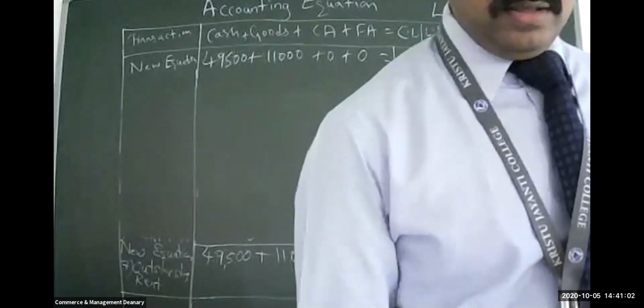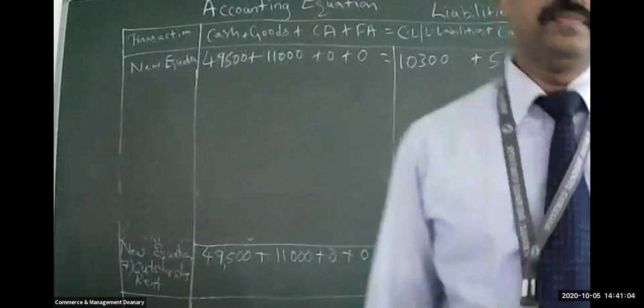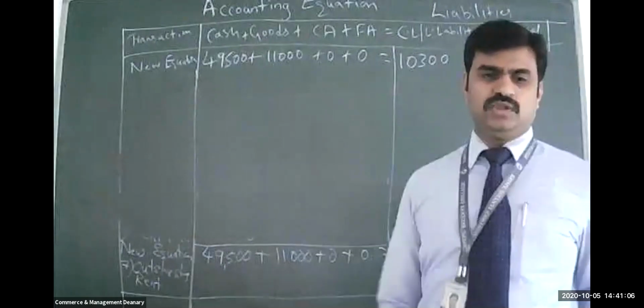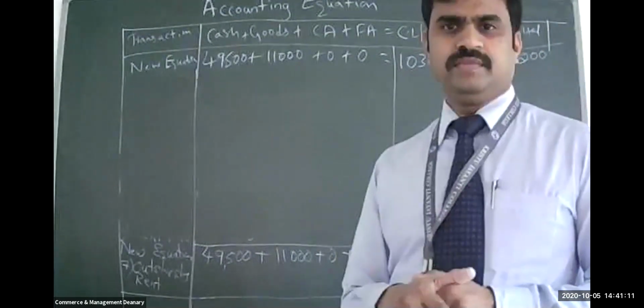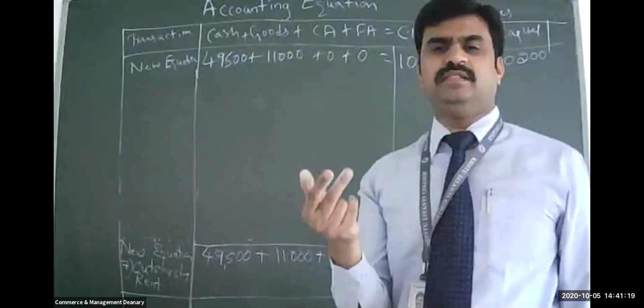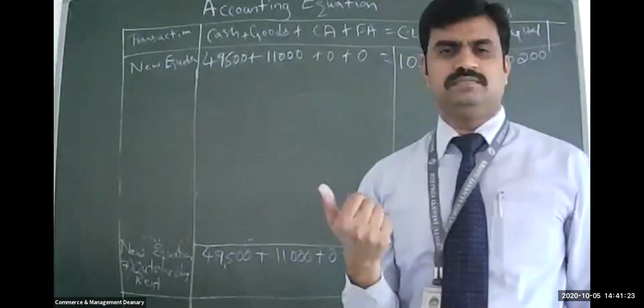Sold goods for credit, rupees 3,000. Goods for 3,000 on credit. The cost price is 2,000. Now what happened? The company is selling the goods to the customer on credit. What is the cost price of the product? 2,000. What is the total selling price? 3,000. Did they make profit or loss?